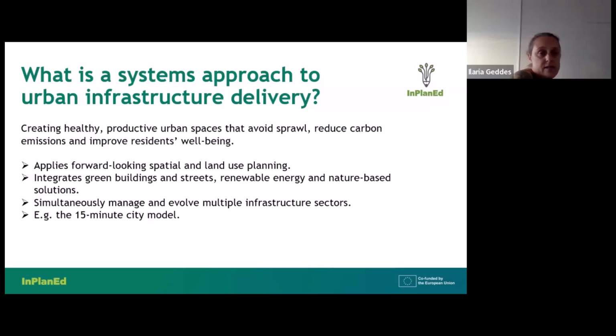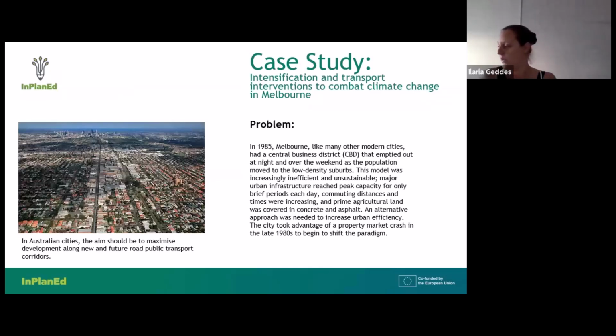It's about simultaneously managing and evolving multiple infrastructure sectors. Infrastructure is also becoming more complex. For example, the 15-minute city model might be a buzzword. It actually existed long before the term was created, but it does remain a very effective way of managing cities and infrastructures. So I will go into a case study